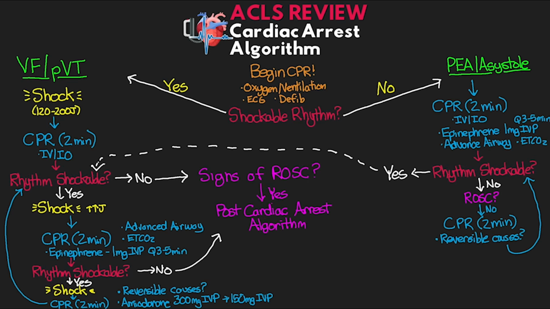If at any point we do a rhythm check and they do not have a shockable rhythm and they have not achieved ROSC, then we're going to move over to the right-hand side. This means that they're in either PEA or asystole at this point. We're going to immediately begin our high-quality CPR, and we're going to begin looping through here, still doing rhythm checks to see whether or not ROSC has happened for our patients or whether or not we need to move back